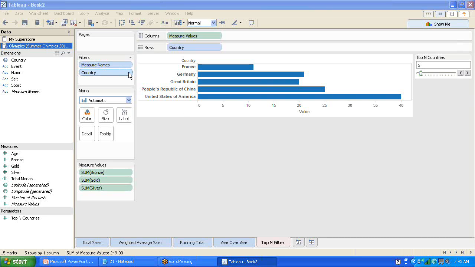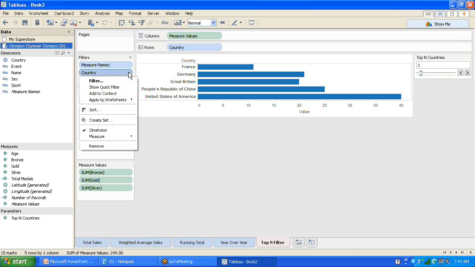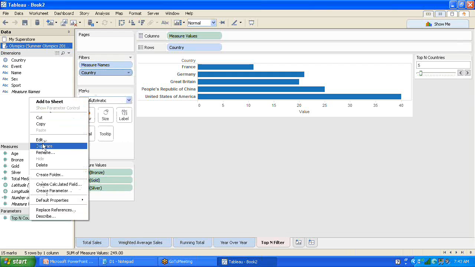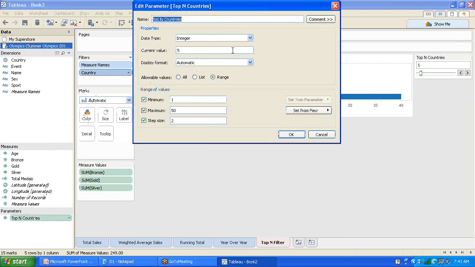So say in place of, go to here, the parameter, click on edit, and we saw how we can change the value. So suppose you want to create a string type parameter, you can set that parameter data type from integer to string type. Same way you can